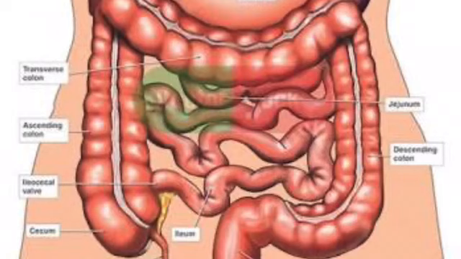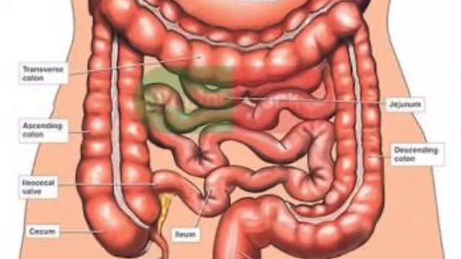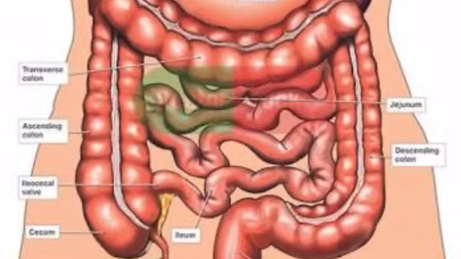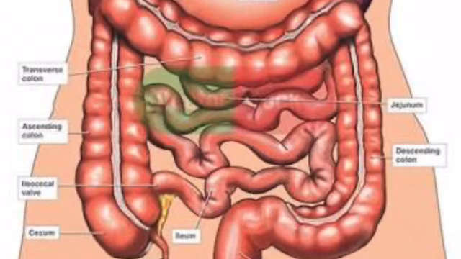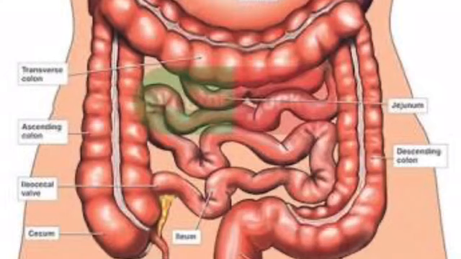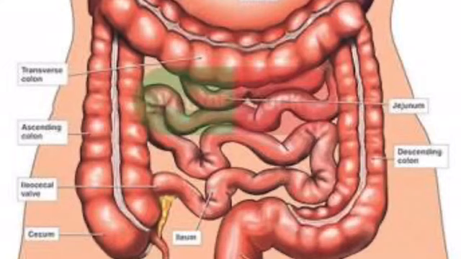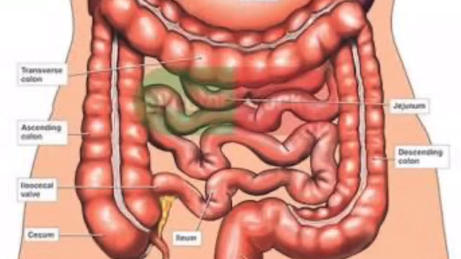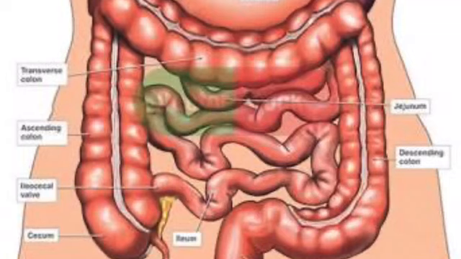Now the completely digested food is absorbed by the blood vessels of small intestine. This process is known as absorption. That is, the nutrients are now in simple soluble form. The protein content of your food is now in the form of amino acids, complex carbohydrate in the form of soluble glucose, and fat into fatty acids and glycerol. In this form, the nutrients are absorbed by the blood. Once mixed with the blood, they reach each and every part of the body.